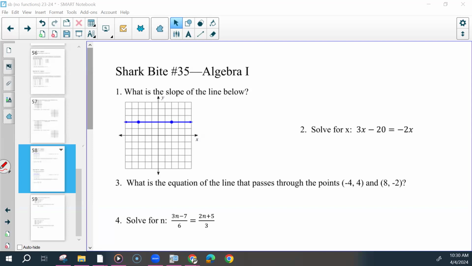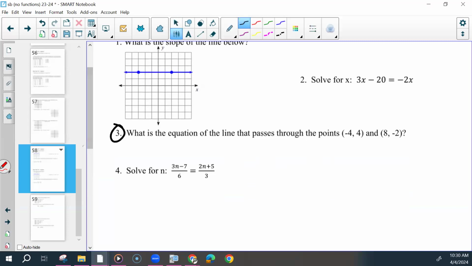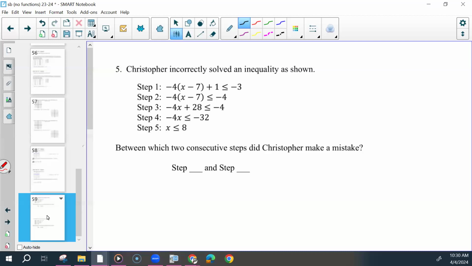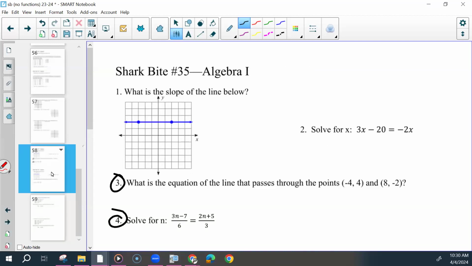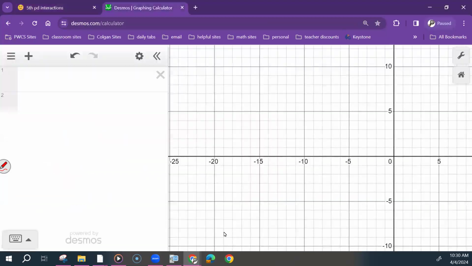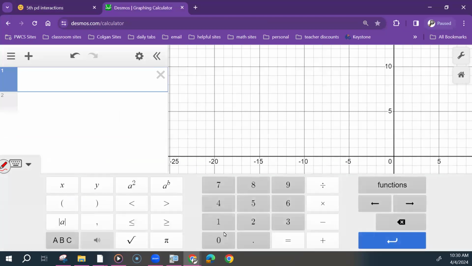The ones I saw the most were 3, 4, and 5, so we'll do those 3. 3 and 4 can be done in Desmos, and 5 we should be able to look at. So for 3, if I type in those points,